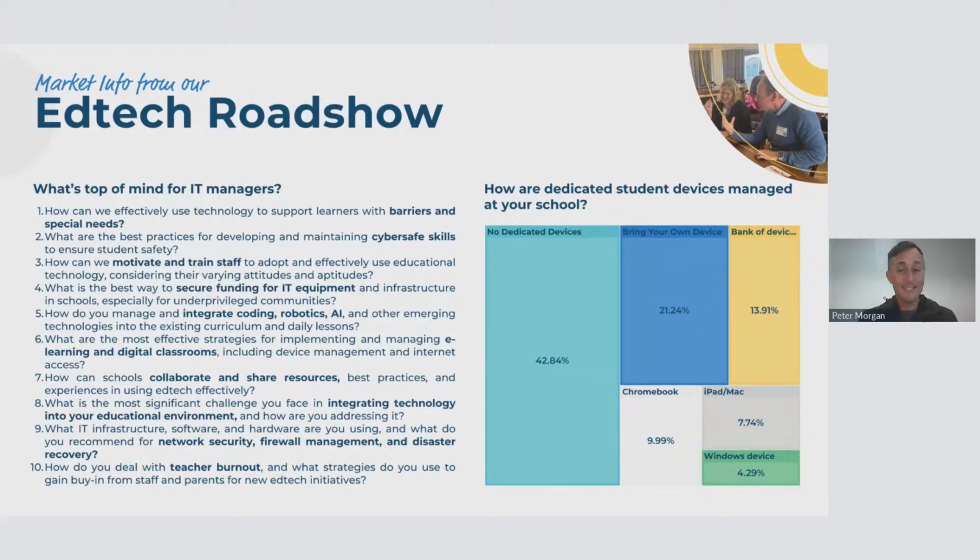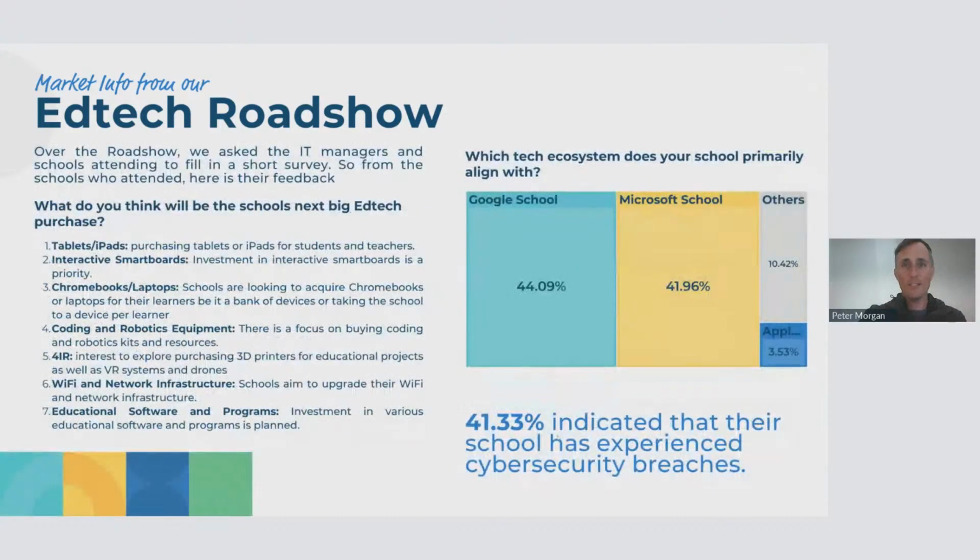Number two, cyber security. And I think you might have seen it on the slide before, on the bottom right here, 41% of the schools we are dealing with have had a cyber security incident. And I think from the industry side, if we are selling technology, we have to be comfortable that we are also putting in place the technology to support that and make it safe.